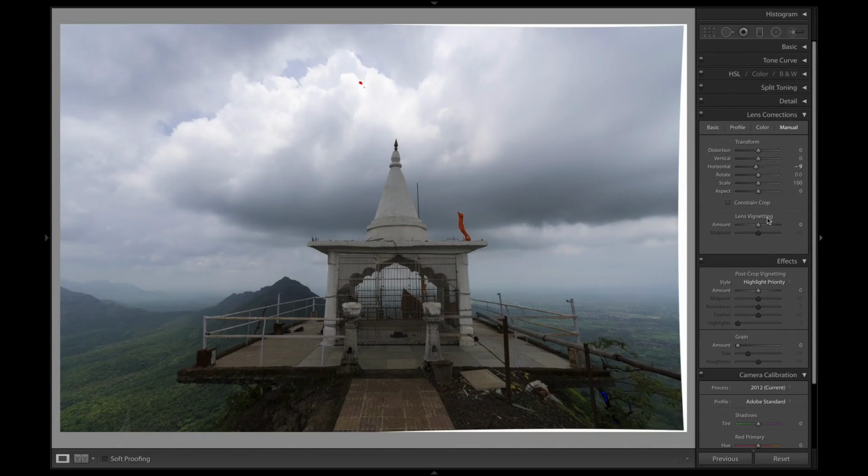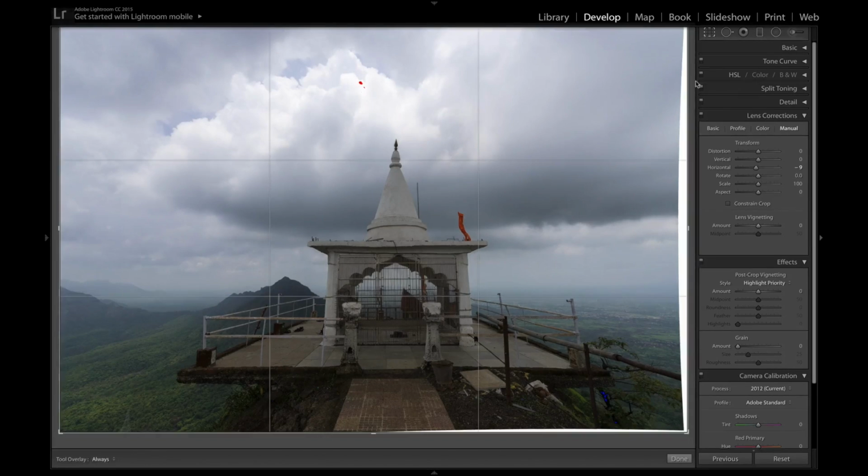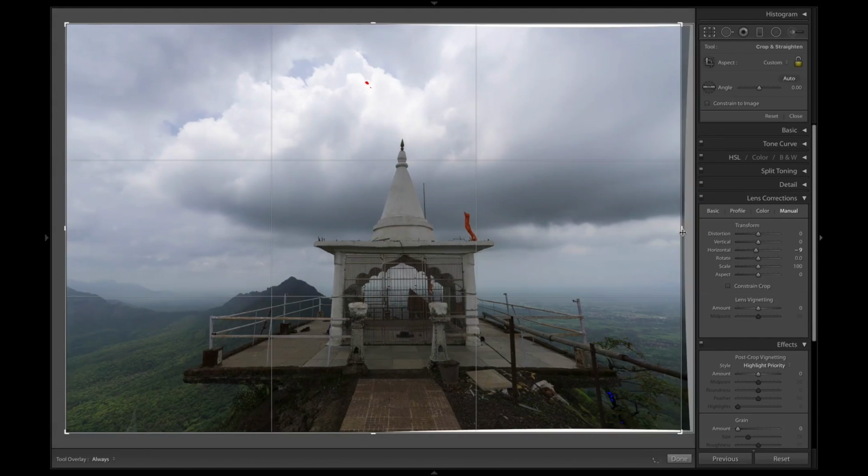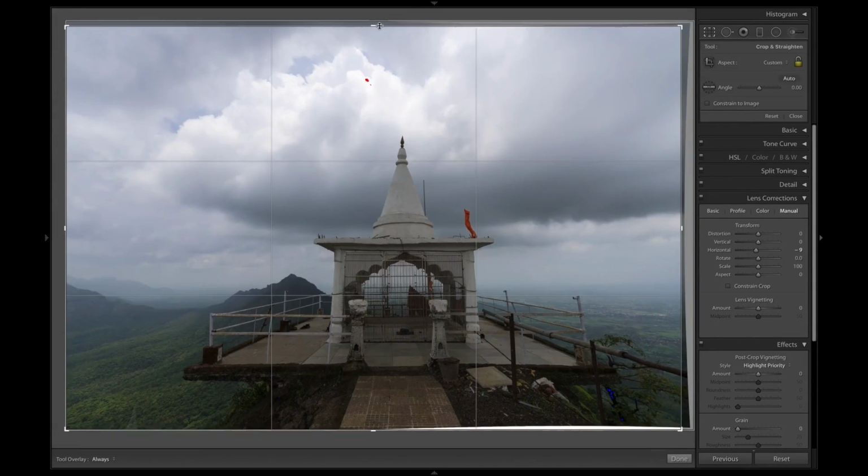So I'm done with the distortion, but now, because I corrected the distortion, there are some white parts and I'm going to crop them out. The crop tool is at the top, and I'm going to crop it right now. That's why I didn't show you the crop setting before, because I wanted to show you the distortion and then how we crop it. So I'm going to crop the image